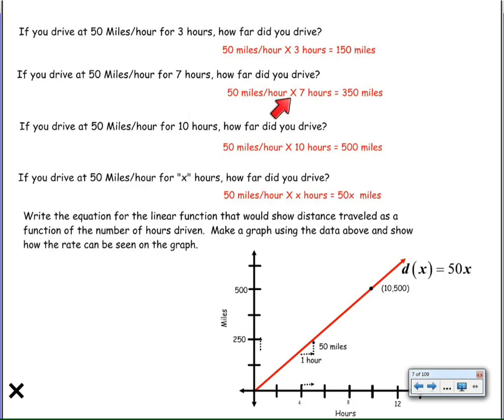7 hours, 50 miles an hour times 7 hours gives us 350 miles, and so on. So what I recognize is that however many hours I multiply by 50 will generate the number of miles that I will have driven. Basically, we can take a constant rate of change and turn it into a linear function simply by multiplying by the independent variable, the change in x, if you will. So if we take 50 times the number of hours, it gives us a distance. We saw that manifest itself